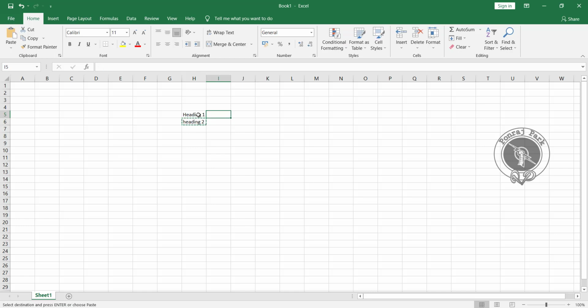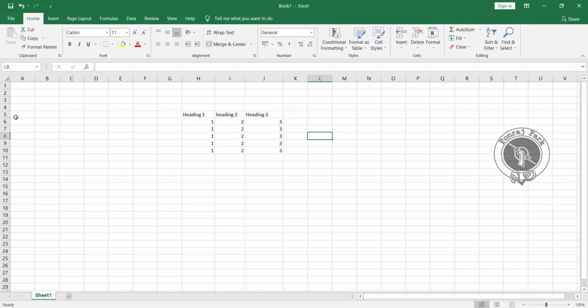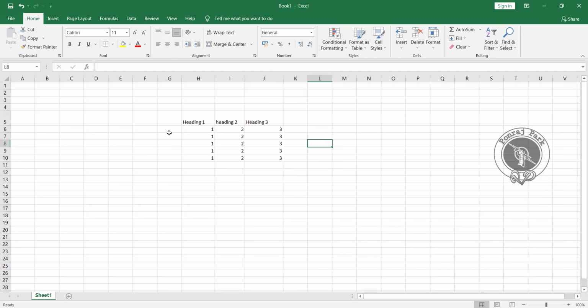I'll cut it and paste it over here, and suppose heading 3, and in that I have some data, some sort of like this, and here goes this. Okay, so now basically we'll do alignment of this. I'll add some space to this so that you can see it clearly.